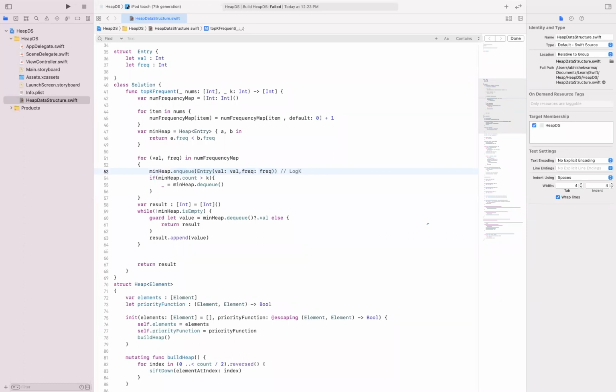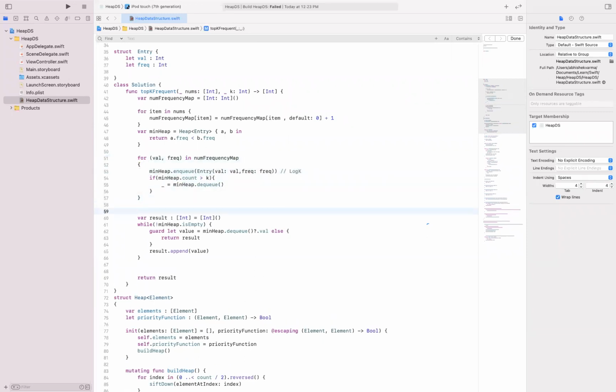So log k will be the time complexity for enqueue, and the same log k for dequeue. So the final time complexity for this operation will be O of n log k.